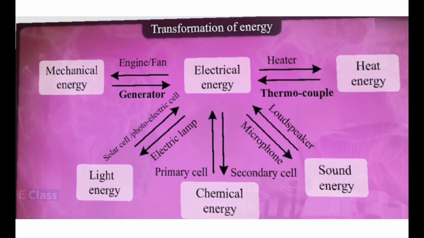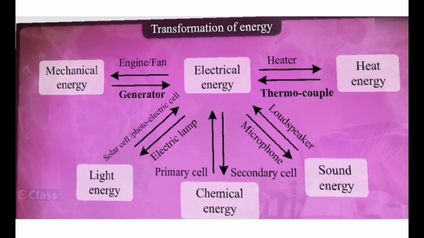So we learn here that the energy conversion takes place. See the different example. I'm having at the center electrical energy. So from electrical energy to mechanical energy, the fan is moving. Fan is a machine, na? So when it moves, mechanical energy is there, right? Mechanical energy to generator. When the light goes, we switch on the generator. So there that machine works and it converts into the electricity.